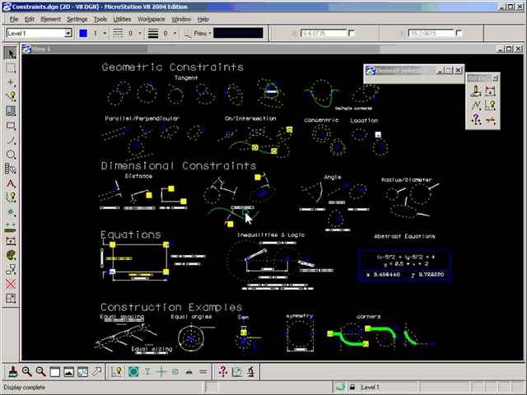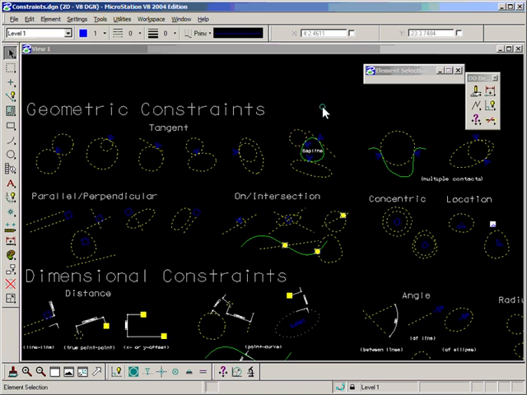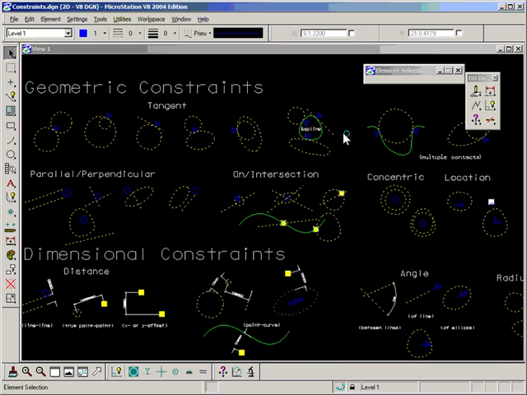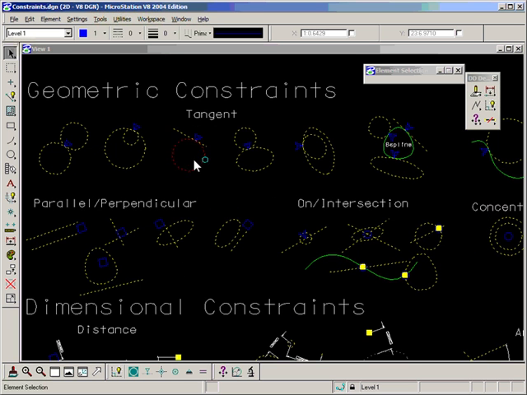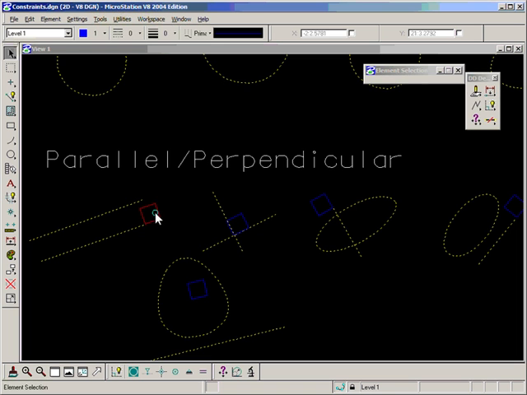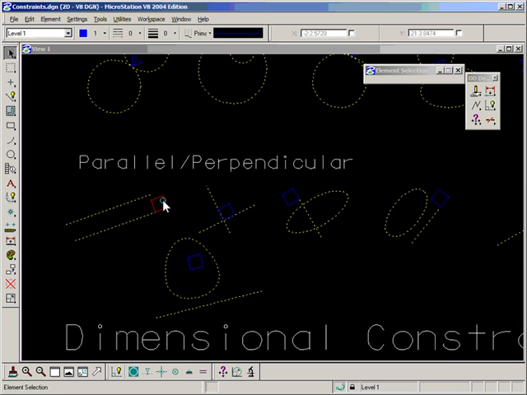I'll just go through a few things in this file first. One thing I would like you to be aware of is some of the constraints here are B-splines. I haven't gone into them yet, but you can look at them later. But the most important thing is here, you might notice our geometric constraint widgets or icons have been updated since this file was created. So what is a parallel constraint now? That's how a parallel constraint used to look. It used to look like a square, but now it has